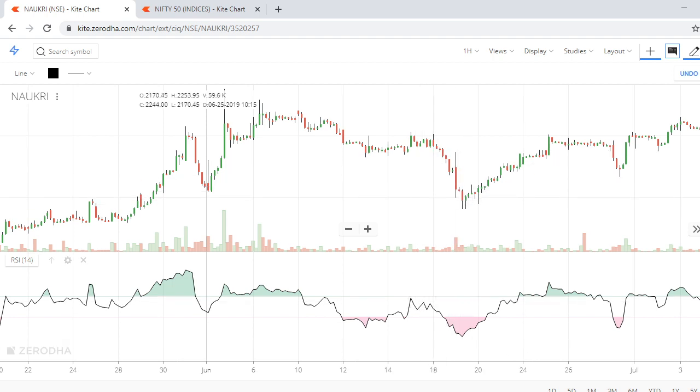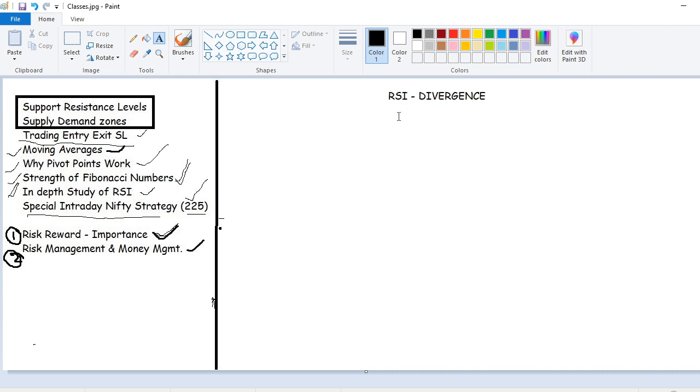Okay, now the thing is, price and RSI go in the same direction. They go like train tracks parallel to each other. If one is going up, the other one also goes up. One is coming down, the other one also comes down. But sometimes RSI works in a different way. It diverges from the price. It will not go along with the price. It moves in a different way. If price is going up, RSI comes down, or if the price is flat, RSI may move up or come down. So based on this divergence, you can make very good trades.